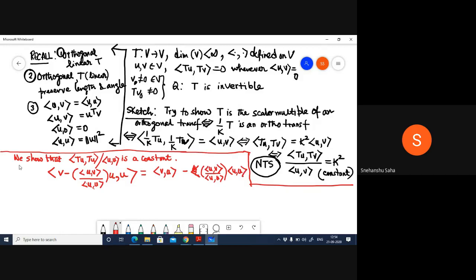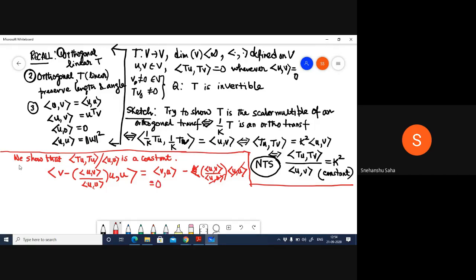The simple inner product algebra, right? However, if I do it this way, if I define the scalar this way, then you observe something interesting. You have the inner product of U, U in the numerator, and the inner product of U, U in the denominator, and now we have V inner product U minus V, U inner product V. Now you know from the properties of inner product that the inner product of V and U and the inner product of U and V are the same. So this is nothing but C.